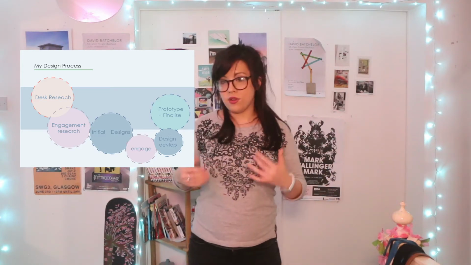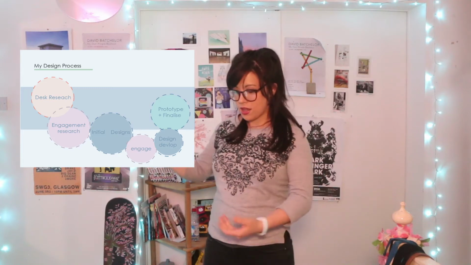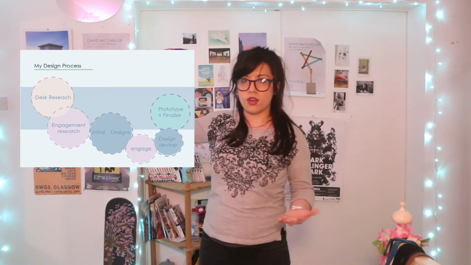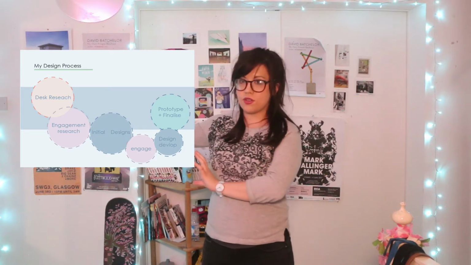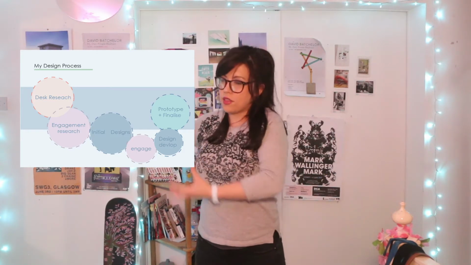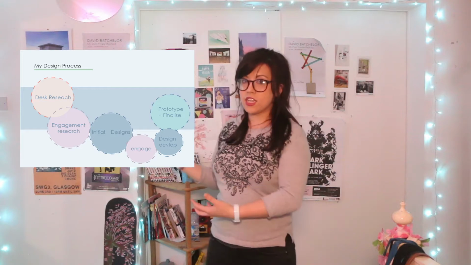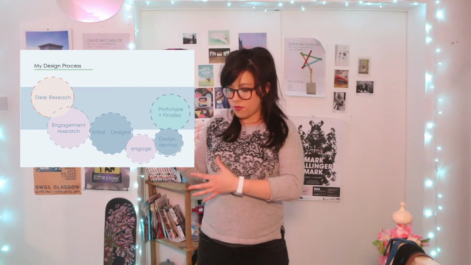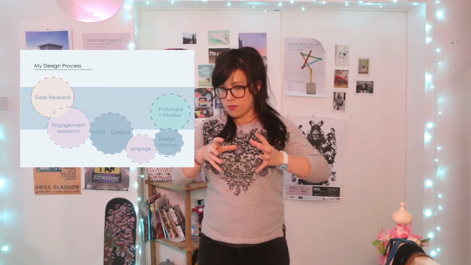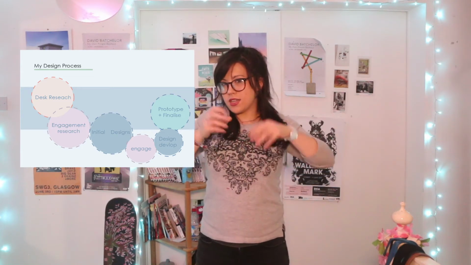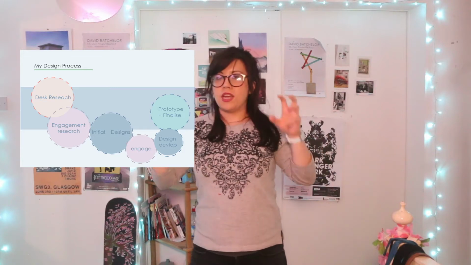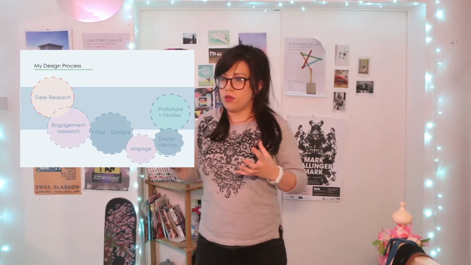How I do it is first I do my desk research, and this is probably where Discover comes from. Then from what I gather from desk research, I do engagement research, and from that it moves along to my initial designs. Once you do your initial designs, your prototypes, would you say, or your own findings,